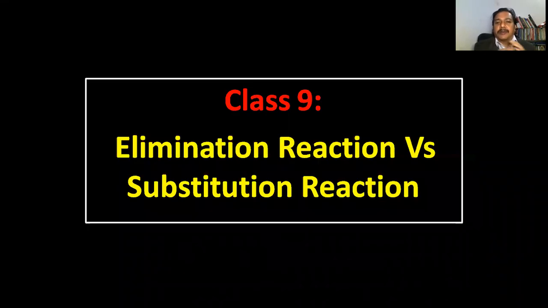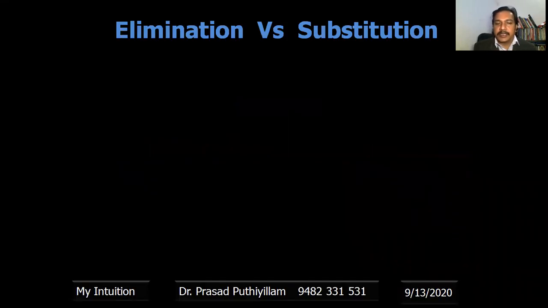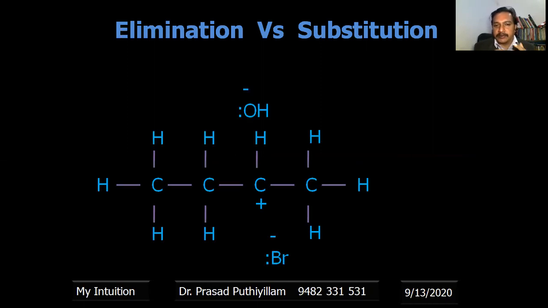So this is class number 9 of haloalkanes and haloarenes. Here we'll discuss the elimination reaction versus substitution reaction, the continuation of the previous class. In the previous class we saw the beta elimination reaction, with this molecule as an example: 2-bromobutane, when it reacts with a hydroxyl-containing molecule, say alcoholic potassium hydroxide, on heating, we'll be getting an alkene product,